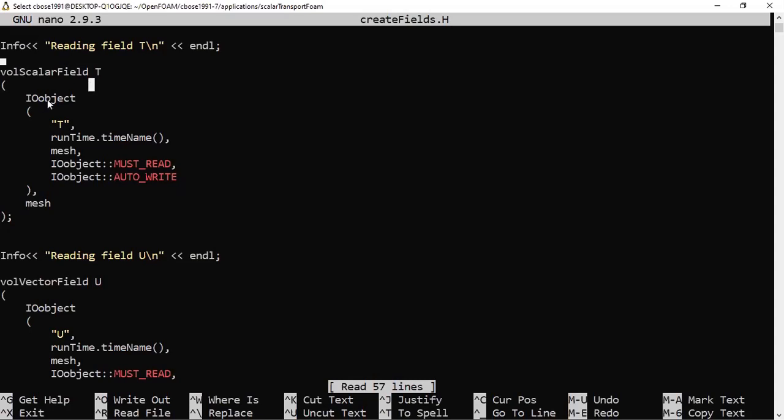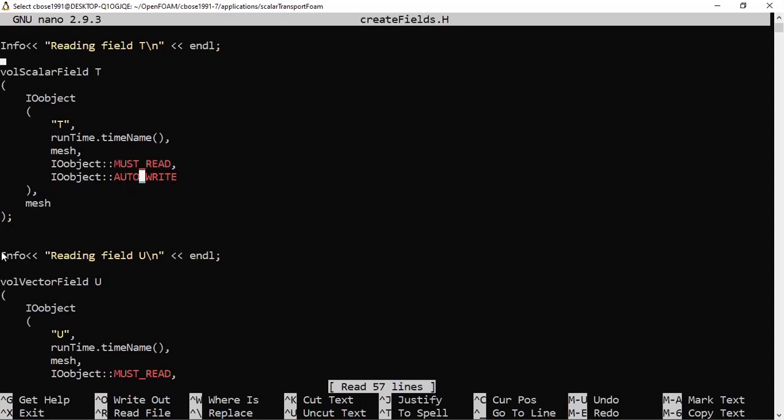Why volume? Because OpenFOAM solves the equations in 3D by default. That's why it is a volScalarField, and it is a capital T. Let's say we are solving d squared T by dx squared equal to 0, so this is the field variable T. And we are reading it from the initial and boundary conditions located in the 0 folder, as I will show. That's why it is MUST_READ.